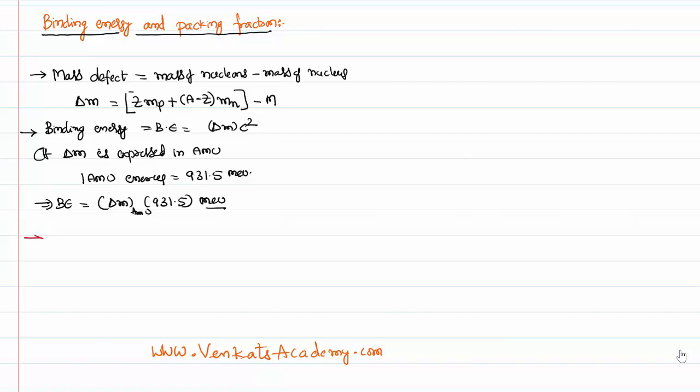So binding energy gives stability to the nucleus. Some mass of the nucleons is sacrificed and is converted into energy. That energy is keeping and binding the nucleons together. That's called binding energy. But anyway,